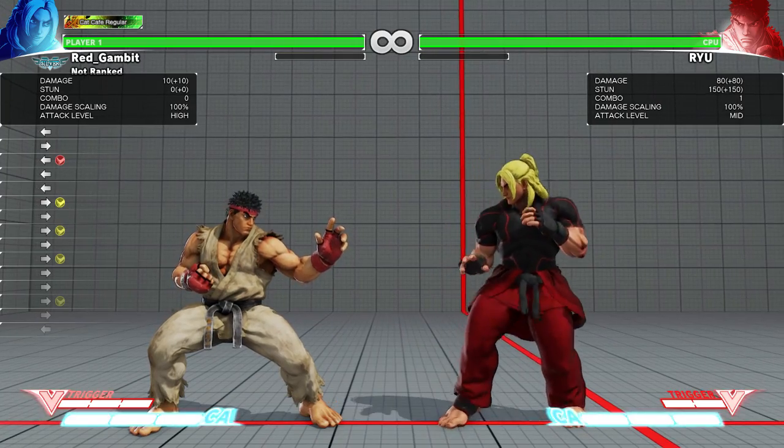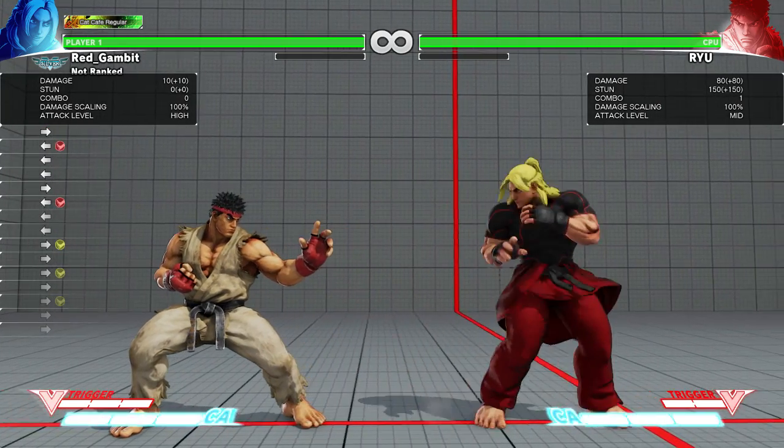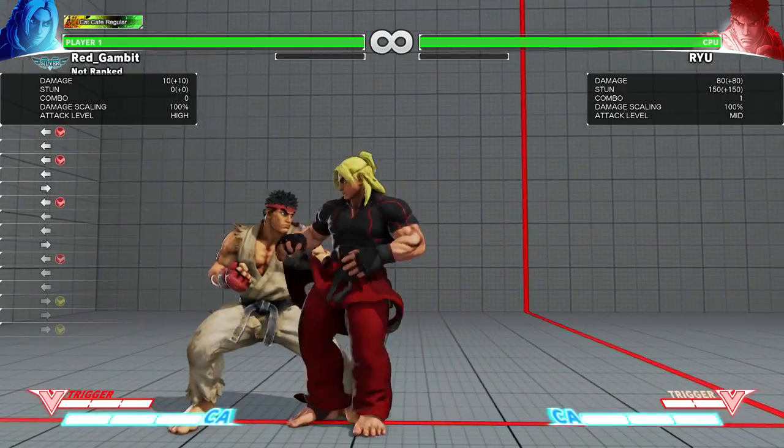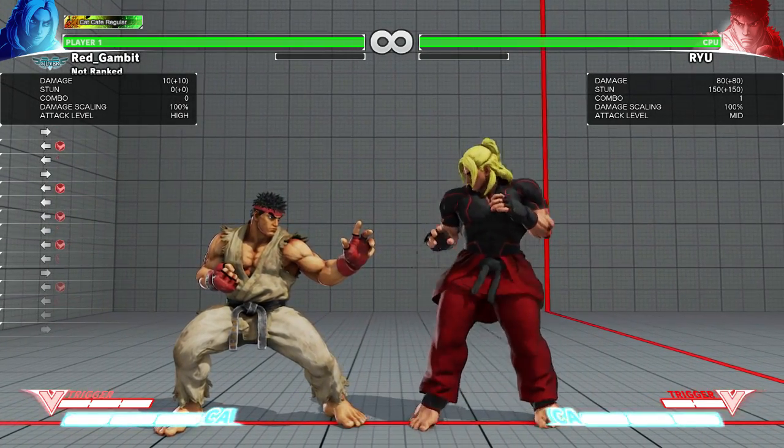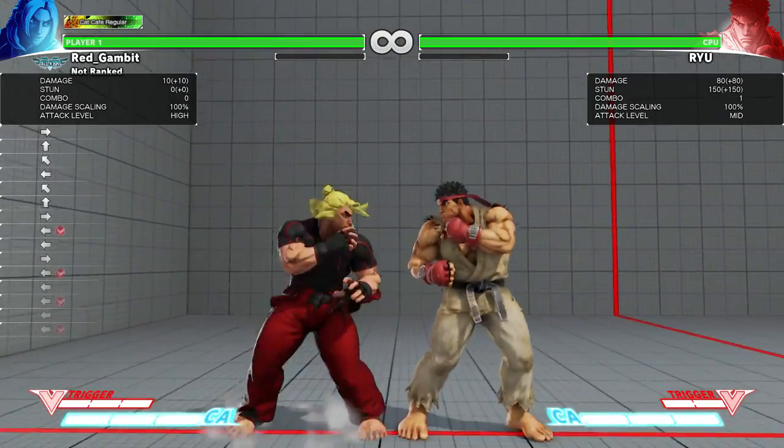And he can also do a feint. So if you tap it, instead of holding it, he'll just do that. Does no damage, just brings him forward a little bit. That's kind of an advanced technique there. You really only want to use that